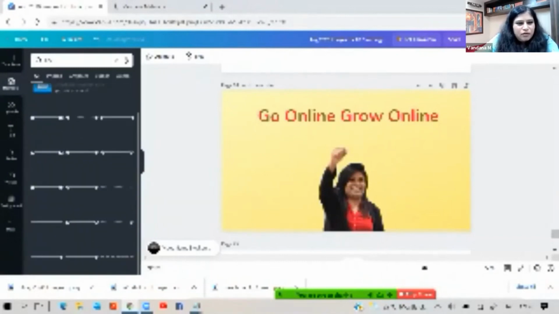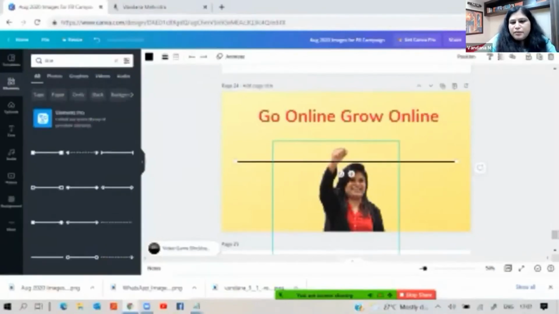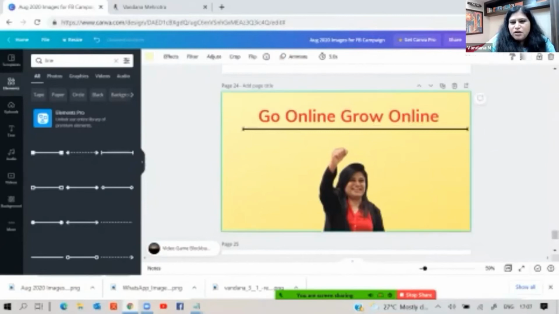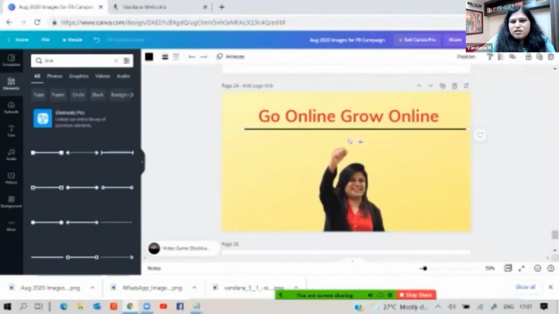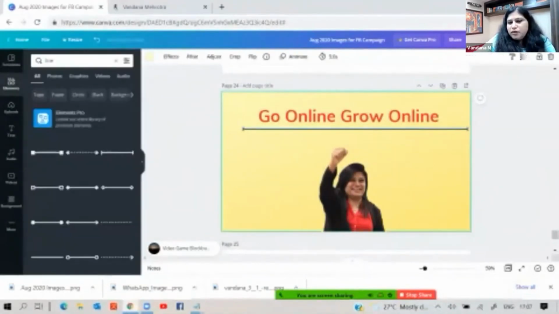Now I want to use this one. So I got the line here, but I don't like the color, and I want to change the color. I want to change its length or whatever. I want to make it small, big, whatever your need is. Just simply double click, and this is a black line. All the options to change the color appear here. This part, if you can see, I want to make it blue. So now my line has become blue, right?